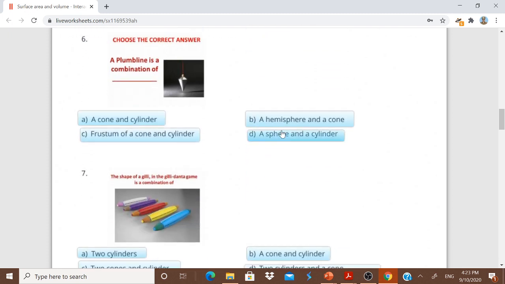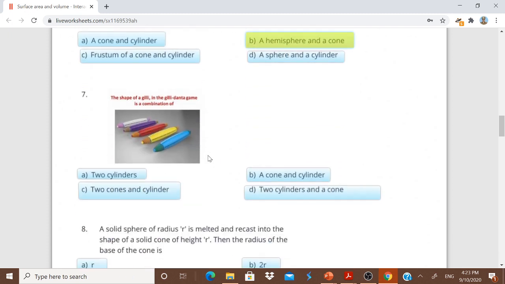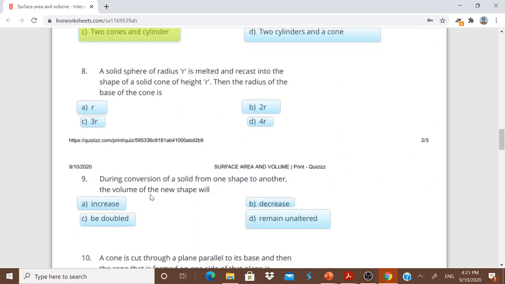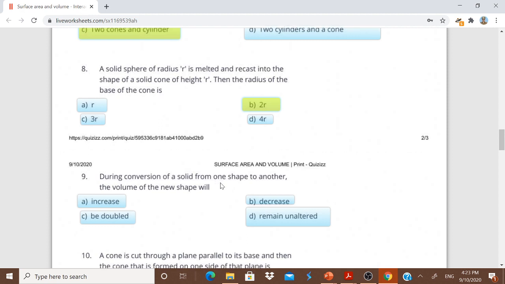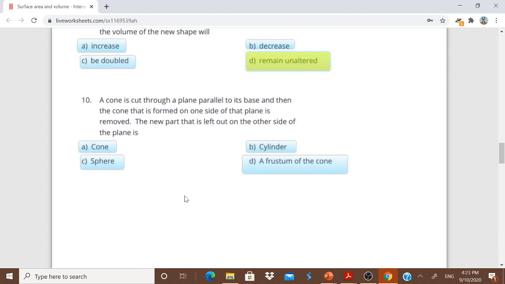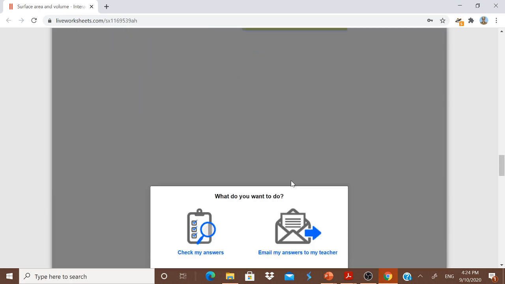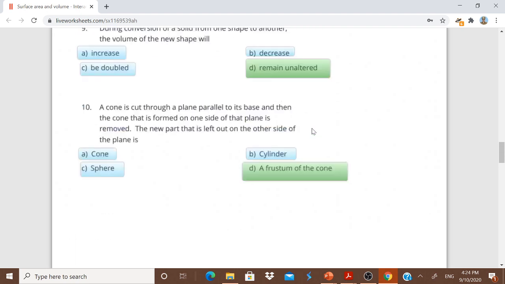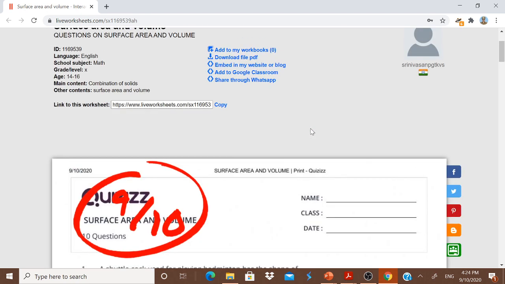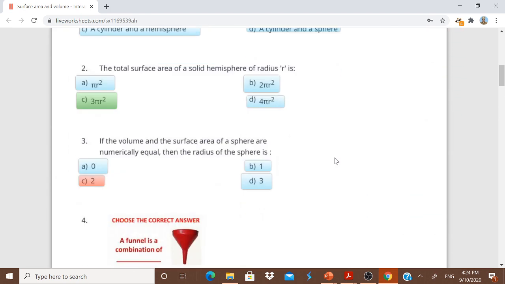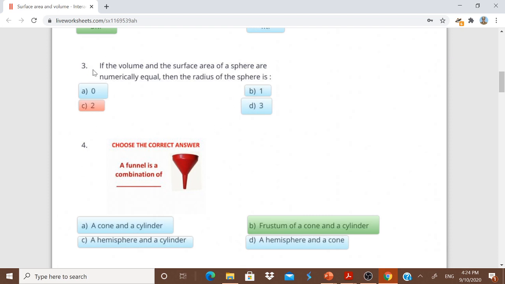For the sixth one, I am doing it at random. Sixth one, he is clicking this answer. The seventh one, okay. For the eighth one, okay. For the ninth one, he is clicking this. For the 10th one, he is clicking this. After that, he is simply finishing it. You see now, he can see the answer. Immediately, he is getting 9 out of 10. And it tells you where the wrong answer is. The third one is wrong. Is it interactive now? Okay, I am closing it.